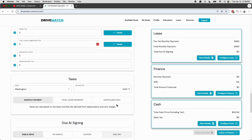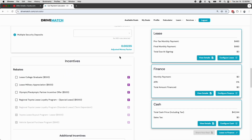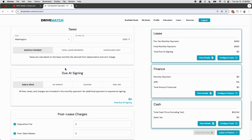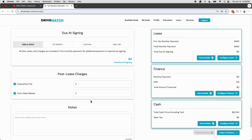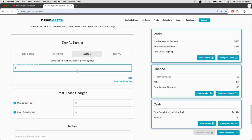Now, what you can see is the pre-tax monthly payment is $483. And what I need to do is get to $3,999 down and the monthly payment at $299 a month. Now, what I'm going to do here with the due at signing amount is do a custom. As you can see, you can do sign and drive, just first month's payment, custom, or one pay. I'm going to do custom, and I'm going to do